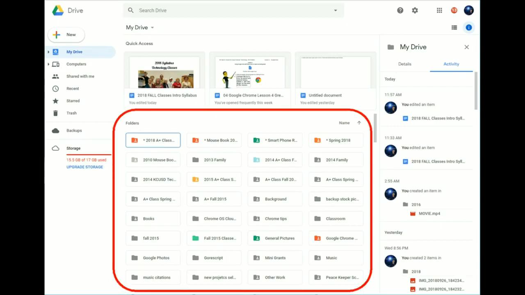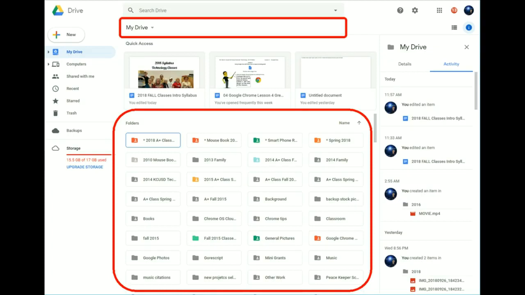The central location is the view within the area that you're looking at. So if you're within a folder, you're going to see the files within that folder. In this case, I'm at my main drive, so I'm actually seeing the folders which are stored on my main drive. This is why you want to be aware of which location you are in by looking at the top red area where it says My Drive. Whenever you go into your project folder, it will say My Drive and then Project Folder. And then below on the lower area, you'll be seeing the contents of that particular folder.